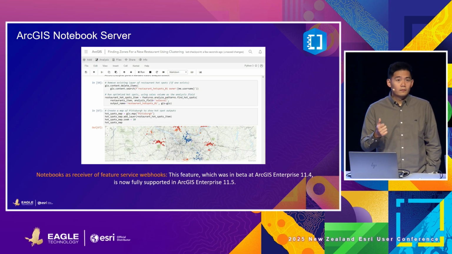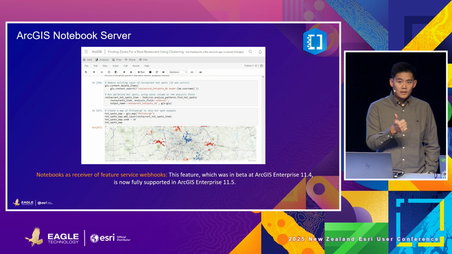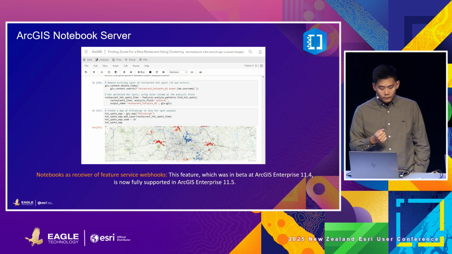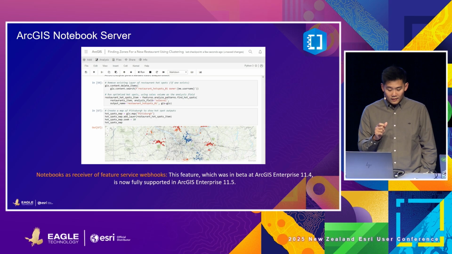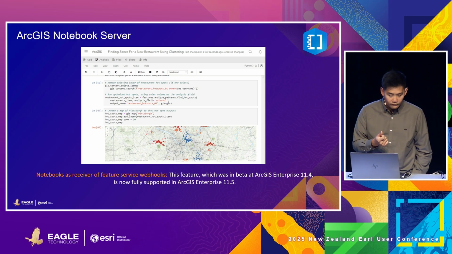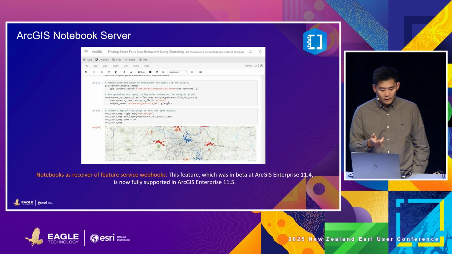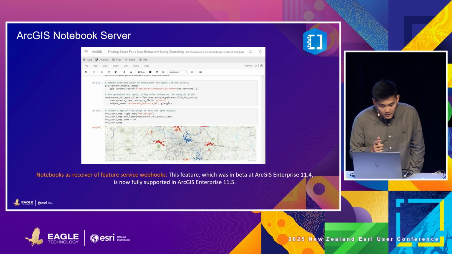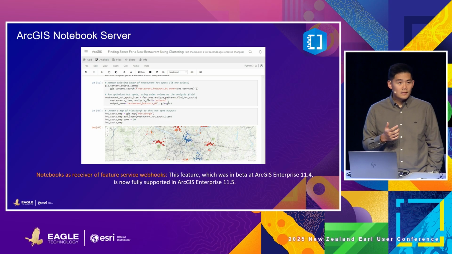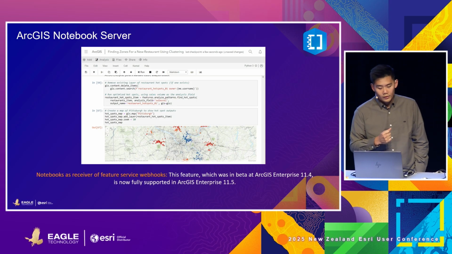Right, we've covered real-time, big data, and now Notebook Server. There's a new server feature which uses a notebook as a receiver of your feature service webhooks. As you can see there, it's in beta in 11.4, and it's now fully supported in 11.5. So notebooks,